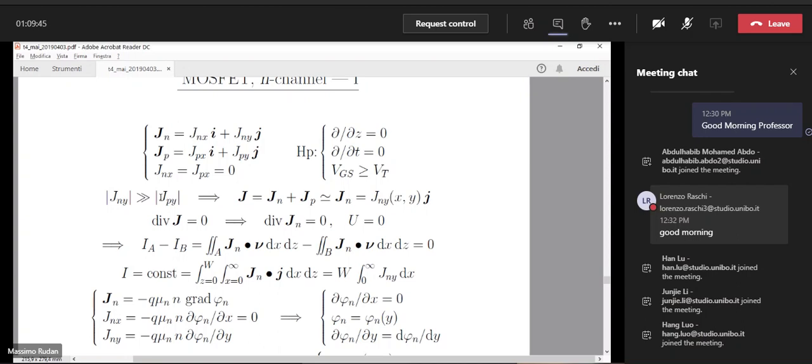In this case, we have a unipolar device. That means that at the very end, the total current density, that in general is equal to the sum Jn plus Jp, in practice is equal only to Jn. And this Jn has only one component, that is the horizontal component. So it can be written as a scalar function, Jny, that still depends on x and y, times the unit vector